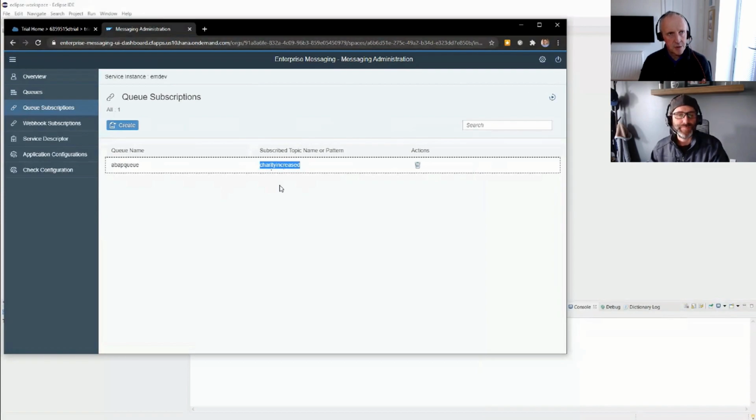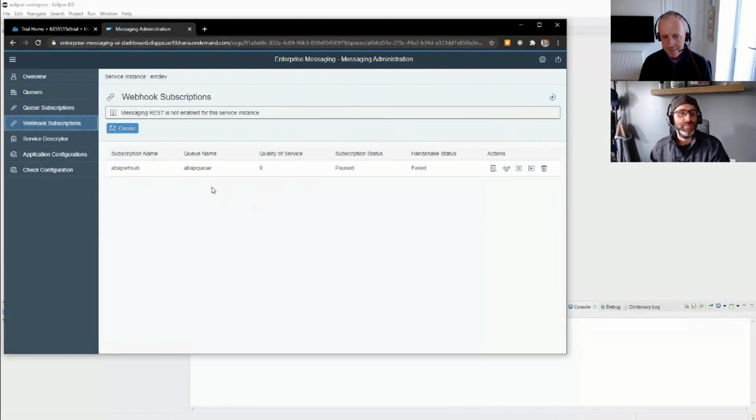Exactly. In the event mesh, you can publish a message to a queue directly, but you could also publish a message slightly more indirectly to a topic. You don't really care who consumes it, right? But because the charity component wants to consume it, you have to create a queue and subscribe that queue to that topic so that any messages to that topic end up in your queue that you can consume. Exactly. And then on top of that, we have a webhook subscription, which is basically listening on that queue name,